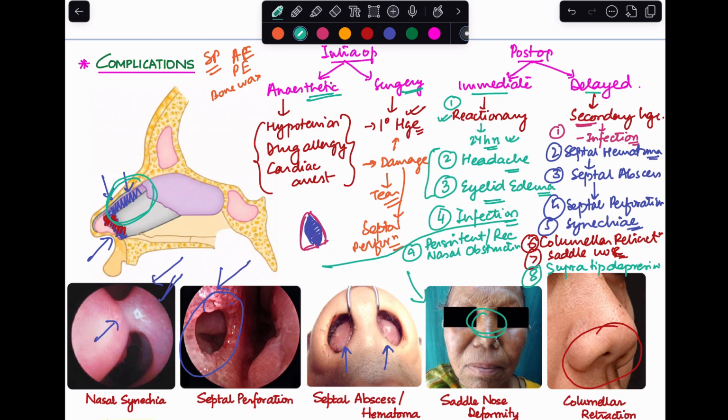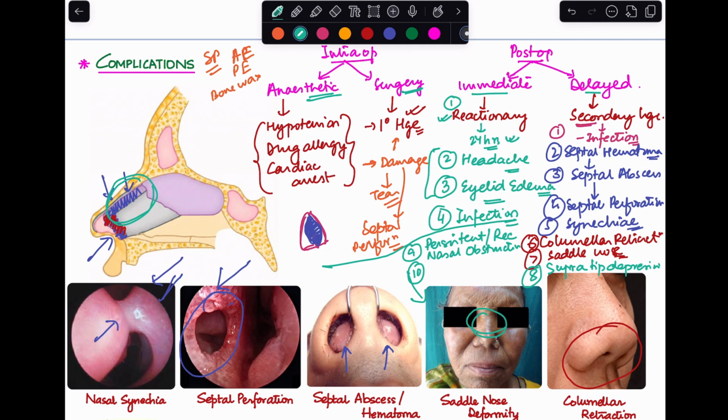So you have to perform an examination of the nose and find out what is the possible cause for it and appropriately take the management. Maybe you need to do a revision septoplasty, or maybe a turbinate reduction is required, or maybe the patient needs to be put on some anti-allergic treatment. So those are all the causes for persistent or recurrent nasal obstruction after septoplasty.